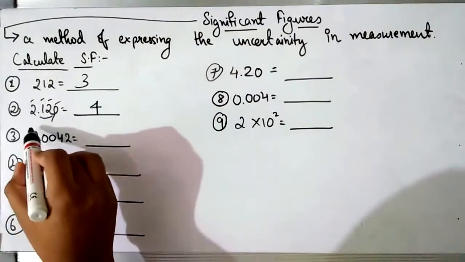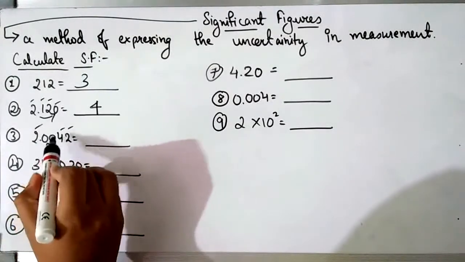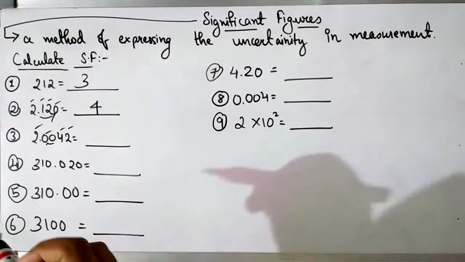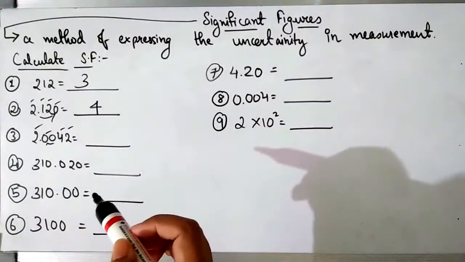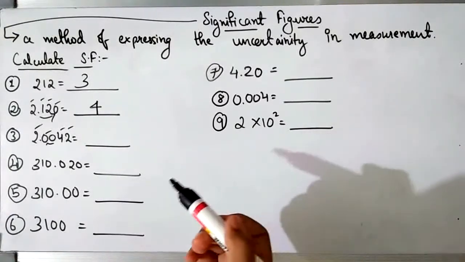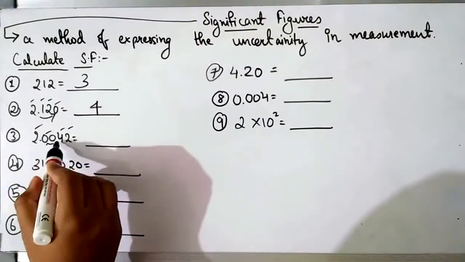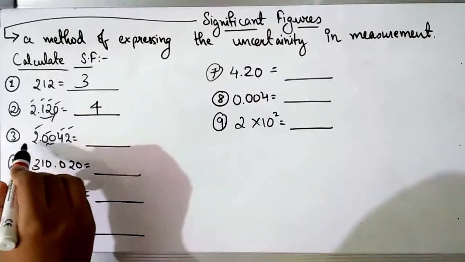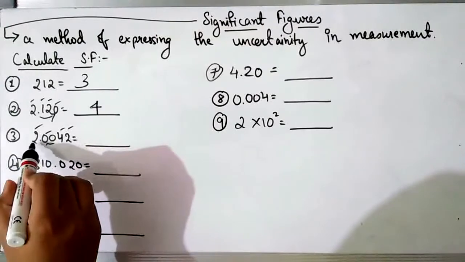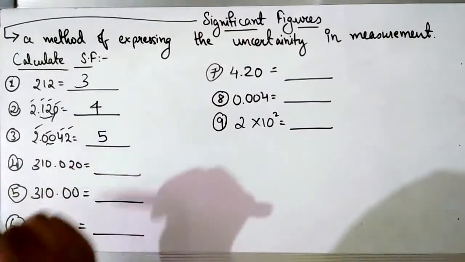Then the third one, you can see this 2, 4 and 2. These 3 are significant. Then these 2 zeros are also significant because whenever the zeros are present between 2 significant figures, they are considered to be significant. Also, whenever the zeros are present between 2 non-zeros, they are considered to be significant. So here 2 and 4 are those significant figures, and these 2 zeros are present between 2 and 4, so they are also considered to be significant. So totally we have 1, 2, 3, 4 and 5. We have 5 significant figures in this question.